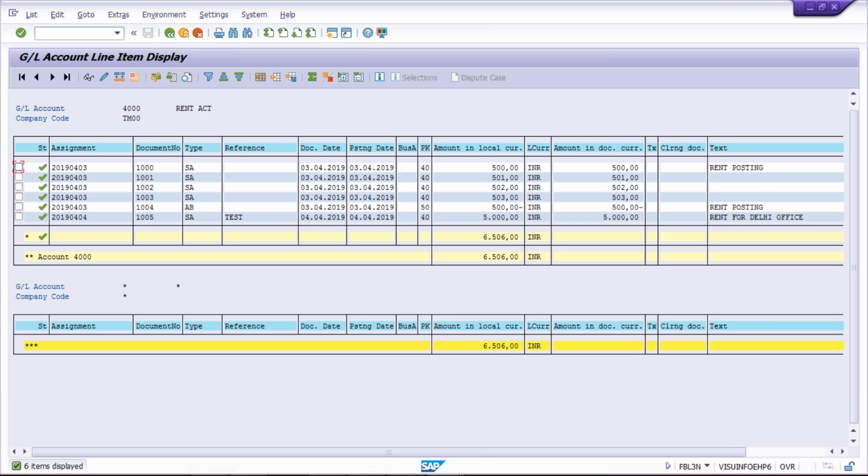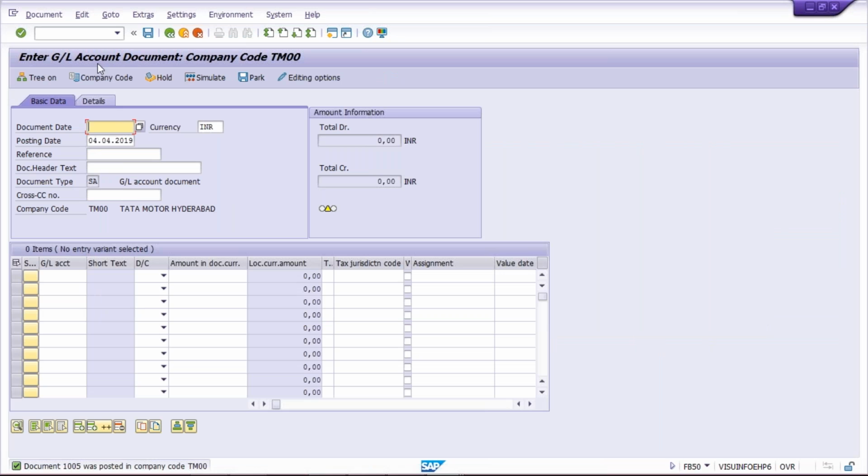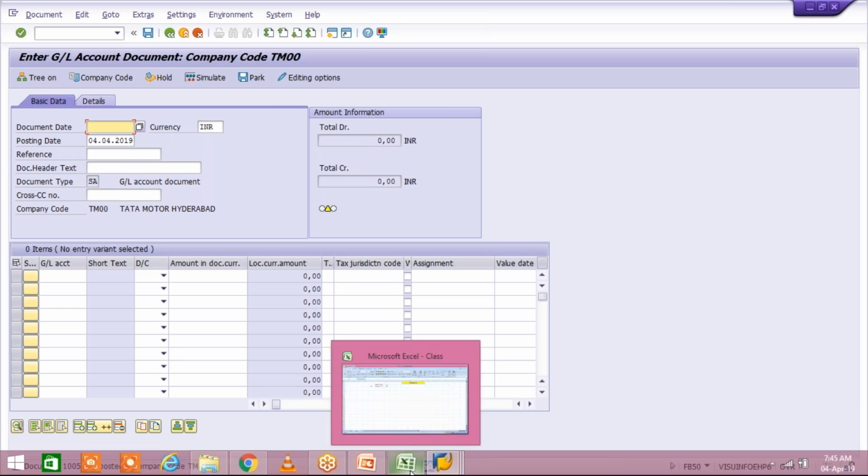Now there is one more option, guys. Okay, we also have an option of park document. Look at here, park document. So what is the use of park now? Park document has almost similar functionality, but it is a bit different compared to hold document. Okay. What is this park document? Now, I'll tell you, park document means